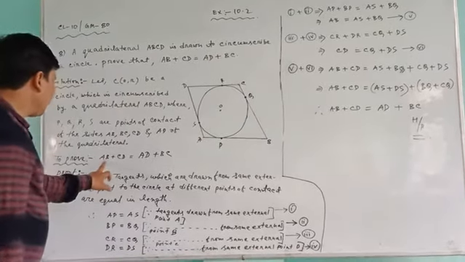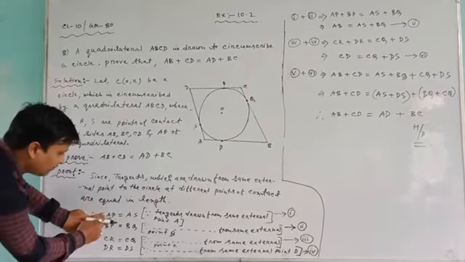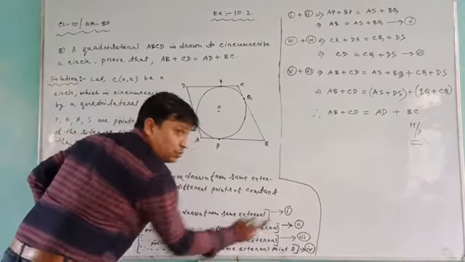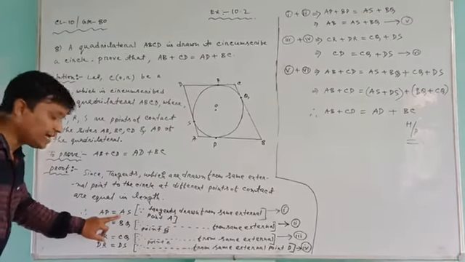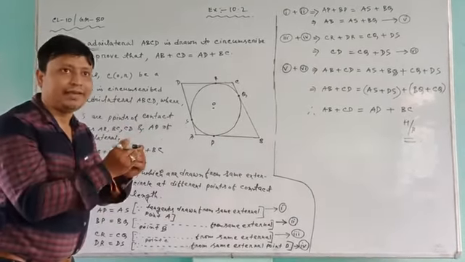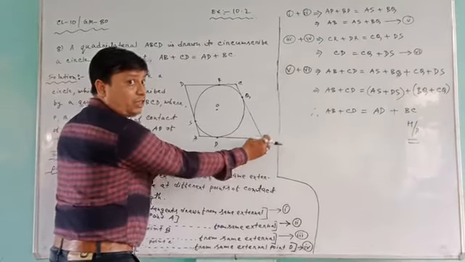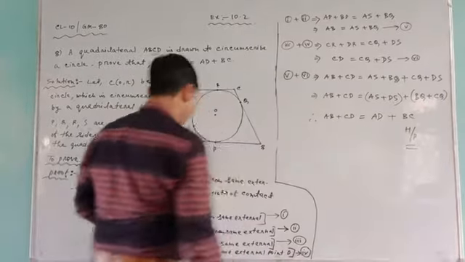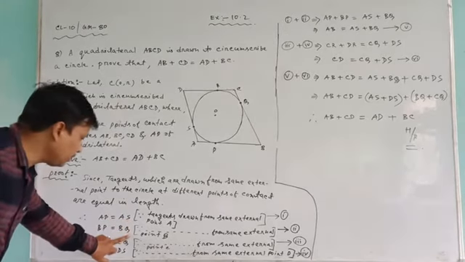Now we have to make one statement for AB. So first of all we have to join left hand side plus left hand side, right hand side plus right hand side. Number 1 plus 2. So statement number 1 plus 2, that means left hand side plus left hand side, right hand side plus right hand side. Plus means what? Join. You are joining. So AP plus BP. That means if you join AP plus BP, then you will get AB. So statement number 1 plus 2, left hand side joined with left hand side, right hand side joined with right hand side.